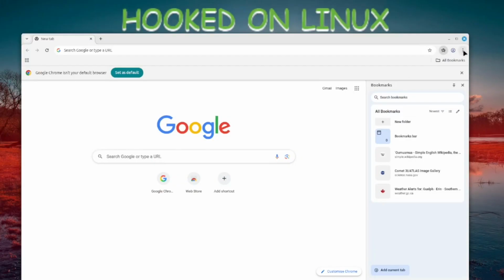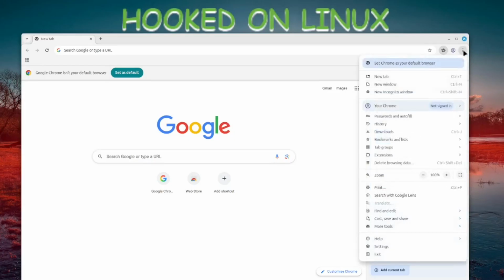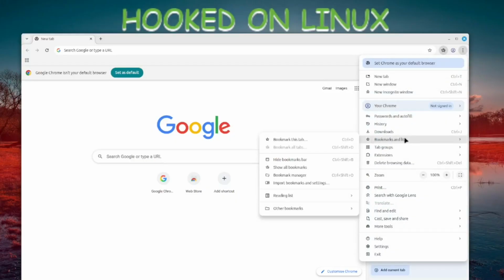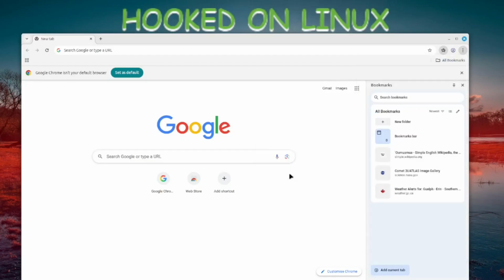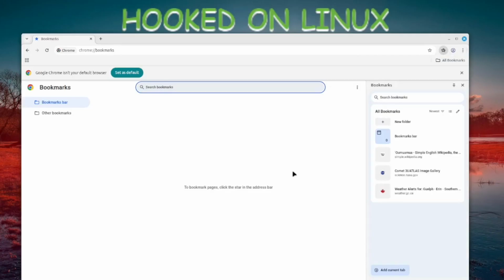See the three dots up here? Click on those three dots, hold on to it, and you're going to see bookmarks and lists. Hover over bookmarks and lists, and down here, you're going to go to Bookmark Manager. Right there. Okay, is that clear? There we go. I'm going nice and slow. And then when you're here on Bookmark Manager,